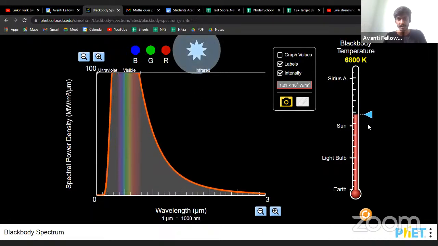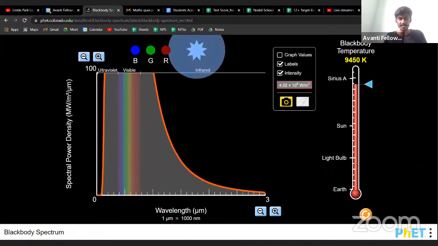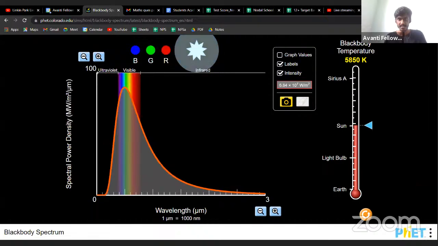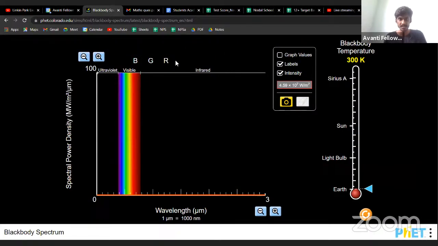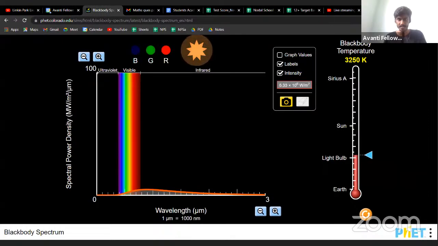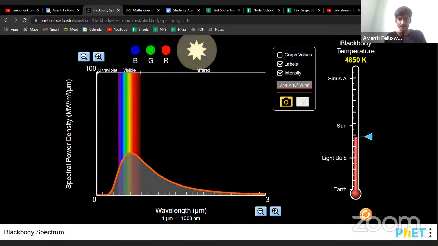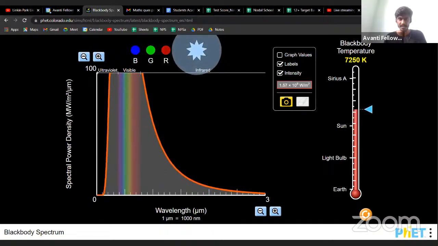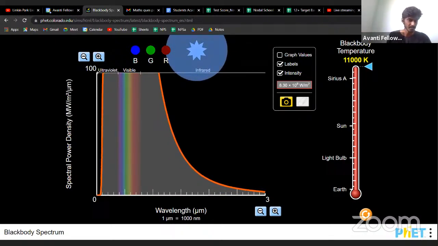And if you keep on increasing, this is how you get the curve. At the highest temperature, the object will look blue. Now the object is red. I'm heating the object. As I heat the object, the color changes to yellow, then light yellow, then near to blue, almost white. It becomes almost bluish white at the highest temperature. Am I clear to all of you? So this is how we do the experiment and find out what different wavelengths are getting emitted from a hot object. Okay, coming back to the slide here.